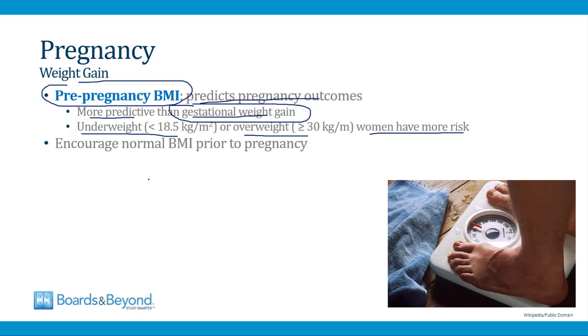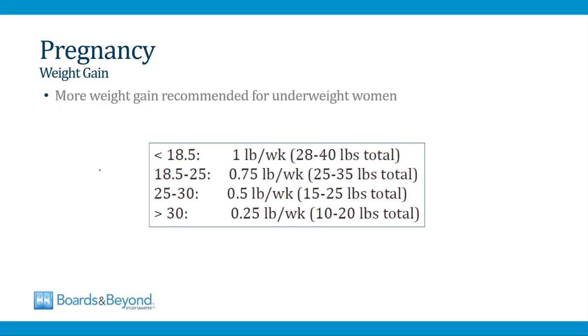So what this means is, in terms of intervention, when you're counseling women, you want to encourage a normal BMI prior to pregnancy, because it is that body mass index they have when they enter pregnancy that has the strongest association with pregnancy outcomes. Shown on this slide is a table of the recommended weight gain during pregnancy for women